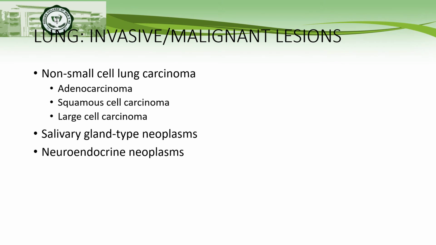So after the pre-invasive, we also have invasive lesions or the malignant ones. For the lungs, it's basically divided into three. We have the non-small cell, the salivary gland type neoplasms, and the neuroendocrine neoplasms. For the non-small cell lung carcinoma, they are divided into adenocarcinoma, squamous cell, and large cell carcinoma. So let's start with